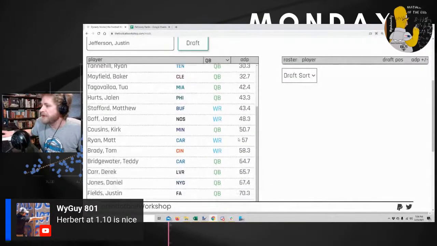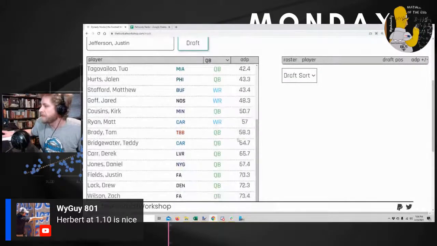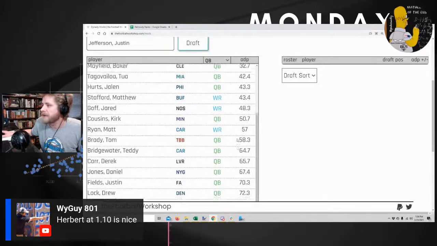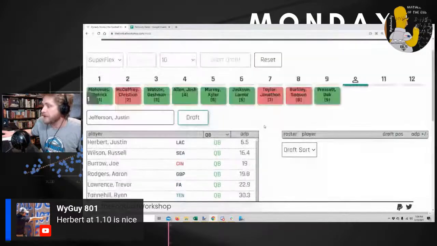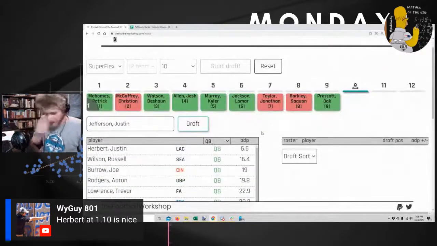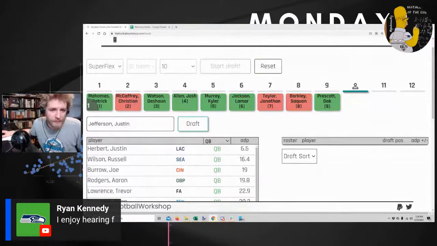Well, hell, give me the last few years of Matt Ryan down in the 50s here. Derek Carr, that's fine. That's normally where I'm looking. I normally underdraft the first tier after Patrick Mahomes, and overdraft the second tier is my rough way of thinking about Superflex drafts. Okay, cool.